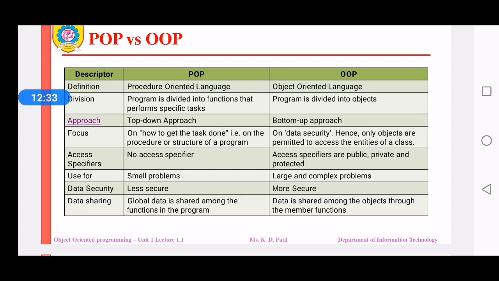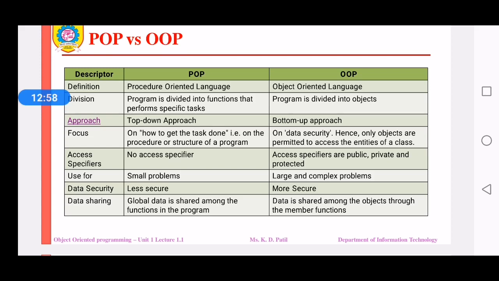Now what is a class, what is an object, we will see in the next lectures. There are access specifiers available in object-oriented programming like public, private, and protected, whereas in procedure-oriented programming, no access specifiers are available. Procedure-oriented programming is useful for small problems, whereas object-oriented programming is useful for large and complex problems